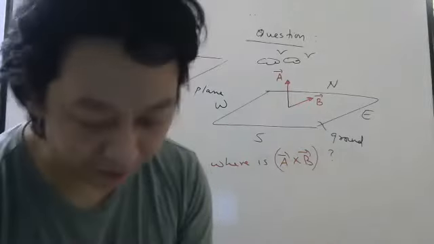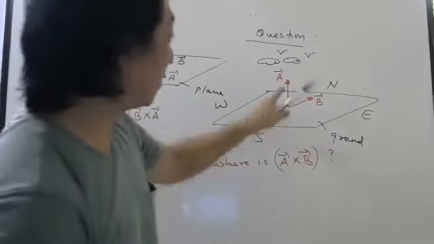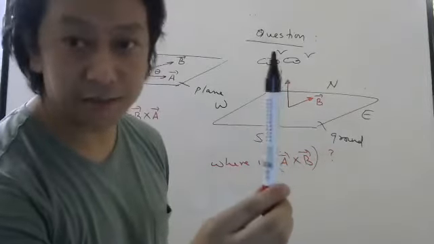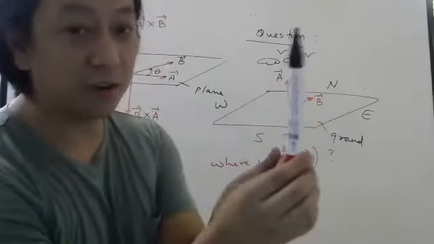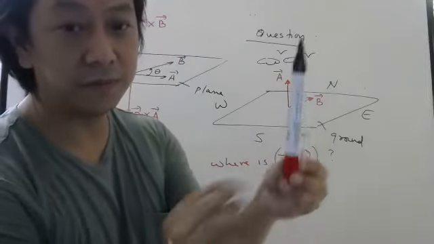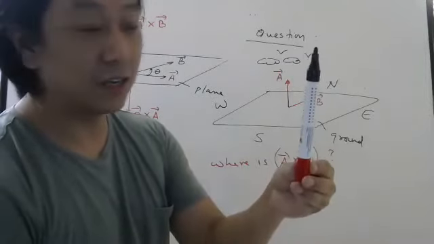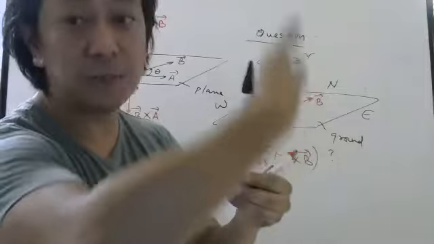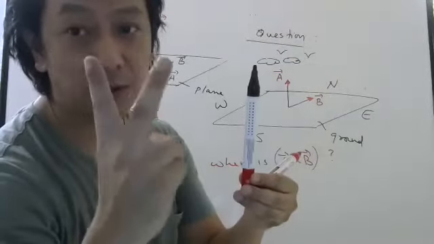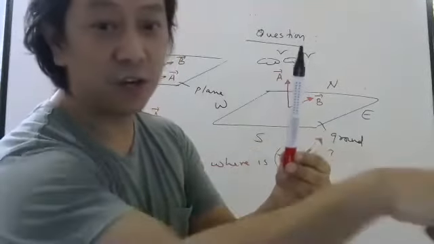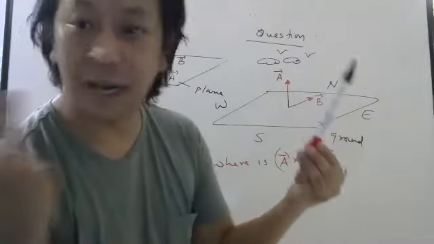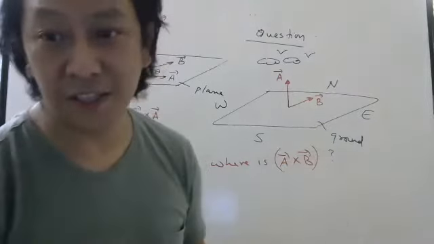Let me tell you why. Where is this first vector? Here. Correct? Where is the second vector? North. North means away from you. Here, you cannot see it. Now, it has to be perpendicular to this plane, I told you. So, two answers are possible. Either it has to be east or it has to be west. Only those two. One of them will be right.